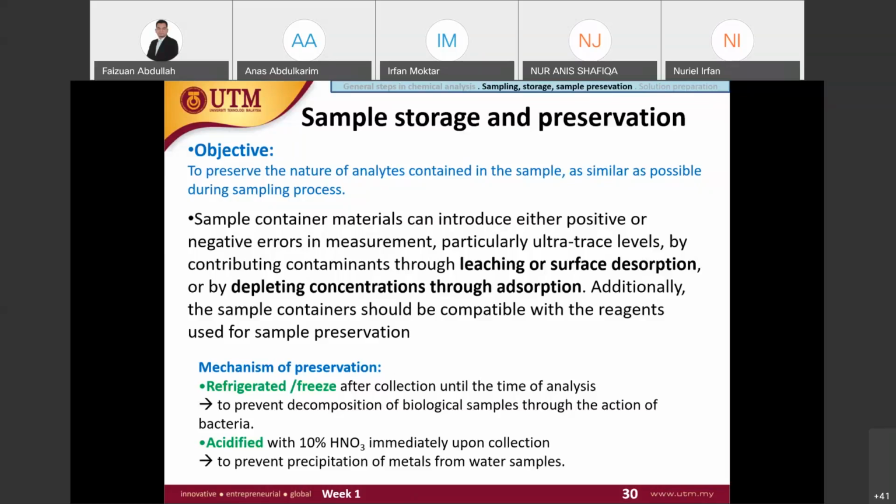Actually, the sample containers should be compatible with the reagents used for the sample preservation. Okay. I hope you understand. We will give some example of this. Okay. What is the mechanism of the